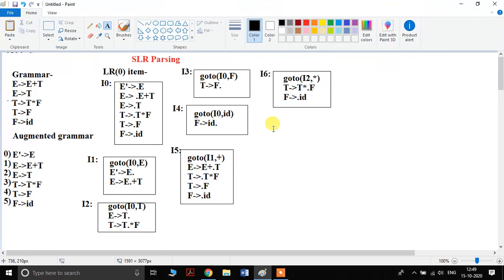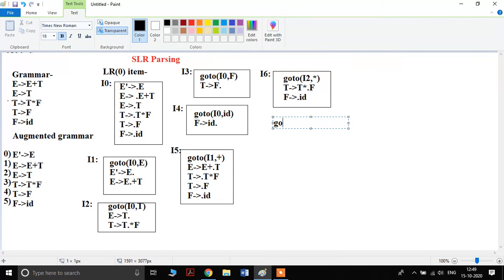Now we have to perform goto on I5, comma, T. Before T, we have to perform goto. What will happen here? The dot moves to the next position. There is one more production, that is T tends to T star F. Can we perform closure of any of these non-terminals?